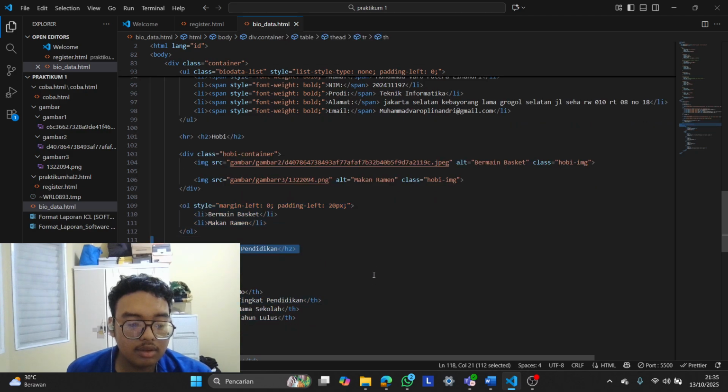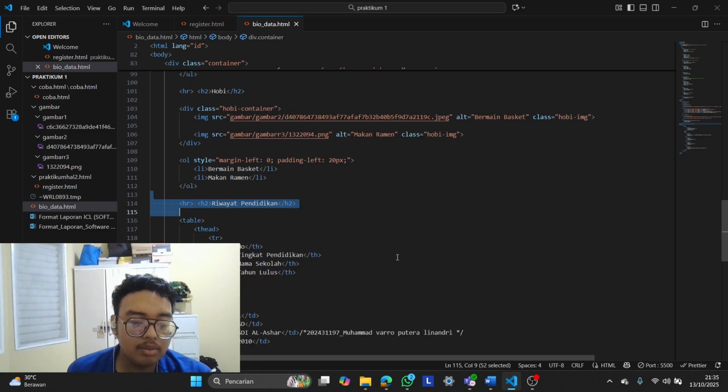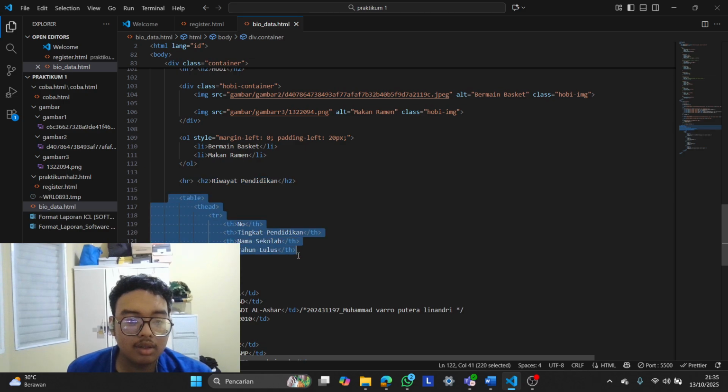And then this inserts a horizontal line and displays the subtitle Riwayat Pendidikan in H2 size, and then starts the table for education history, defining the table header section and the header row.